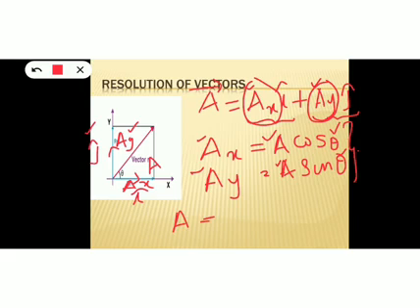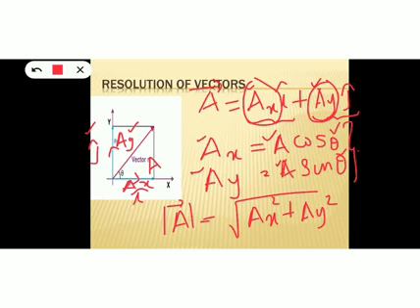How is it? There is an equation for that. So A means the magnitude of vector A. The magnitude of vector A is obtained as the square root of ax square plus ay square. So this is the equation to find the magnitude of any vector, taking the square root of the sum of squares of the components. So here ax and ay are the components of vector A. Square the components and add them, then take the square root of that sum. You will get the magnitude of vector A.